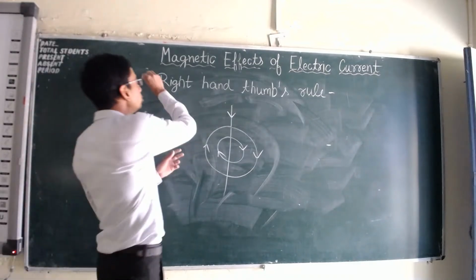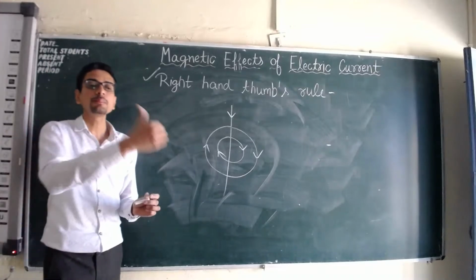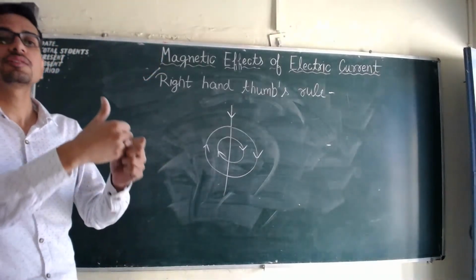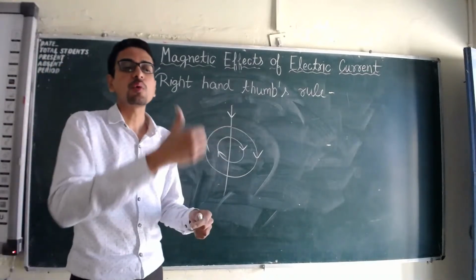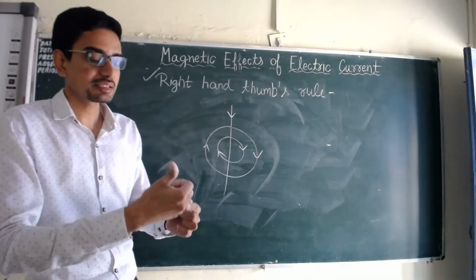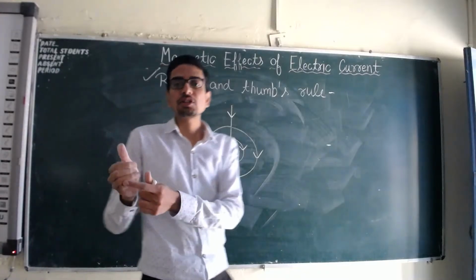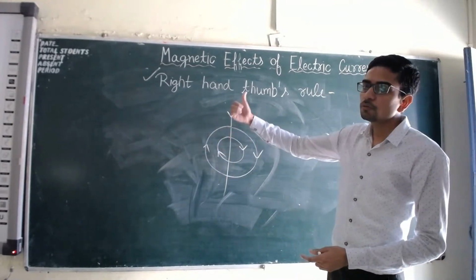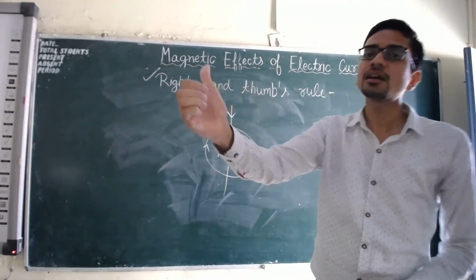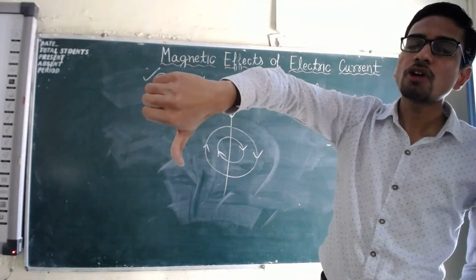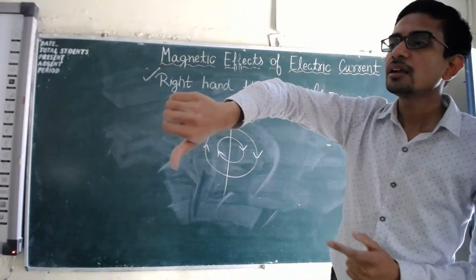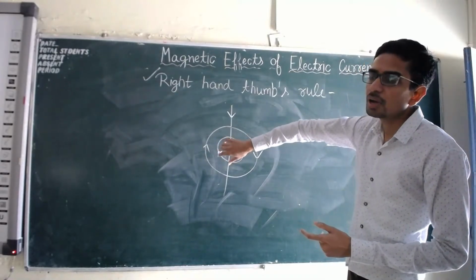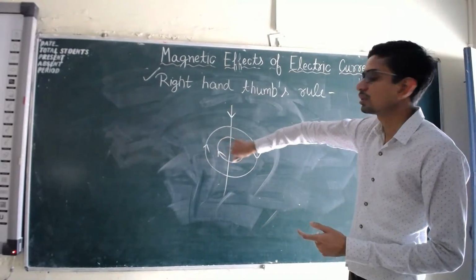You have to simply use right hand thumb rule to find out the direction of magnetic field around a straight current carrying wire. Okay, by practice you will understand. जो भी आपकी fingers की direction है वो magnetic field की direction है. अगर current ऊपर flow कर रहा है, you have to place like this. अगर current नीचे flow कर रहा है तो आपको ऐसे करना होगा, but आपको right hand ही लेना है. ठीक है, और fingers की direction जो है वो सेम डायरेक्शन आप अपने पेज पर ड्रॉ करो. ओके,